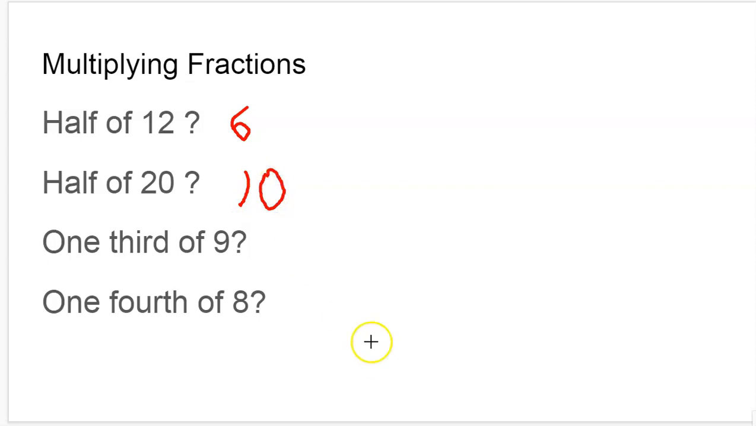Okay? And if you're looking at it, well, 1/3 of 9, if I have 9 of something, I break it up into 3 equal parts. Well, 1/3 of 9 would be 3. And 1/4 of 8, well, that's simply going to be 2. Okay? Well, you may be asking yourself at this point,